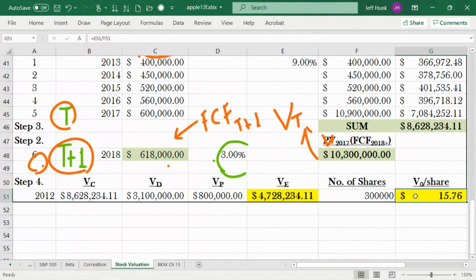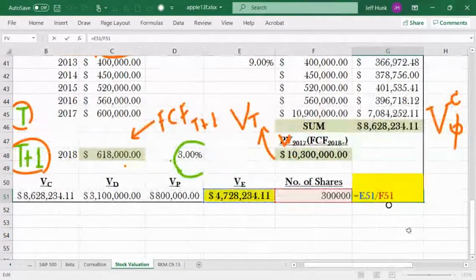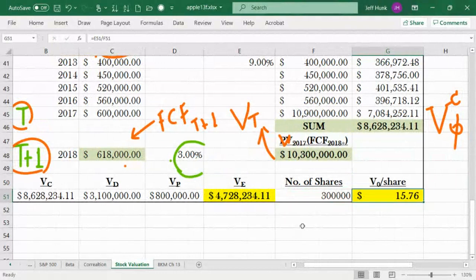So then value per share, right? Value at time 0 per share is simply this divided by the number of shares. So there you go. Finally, this way we arrived at